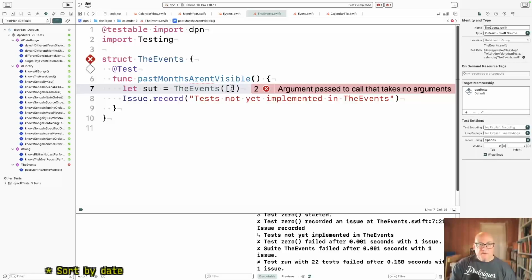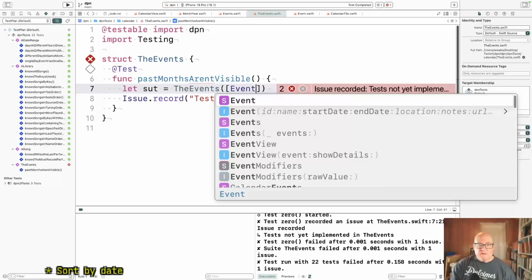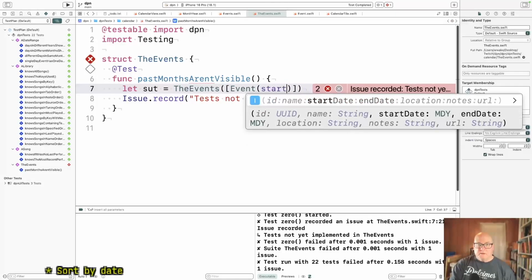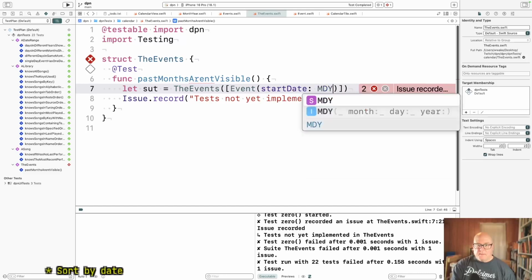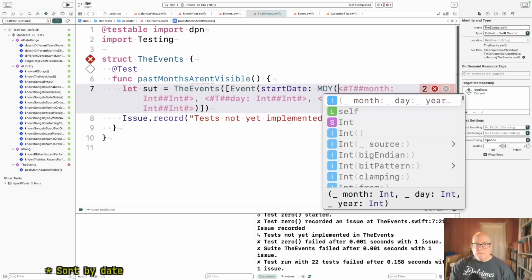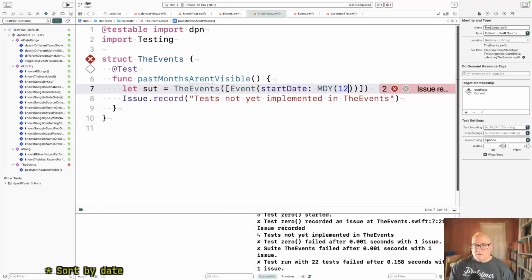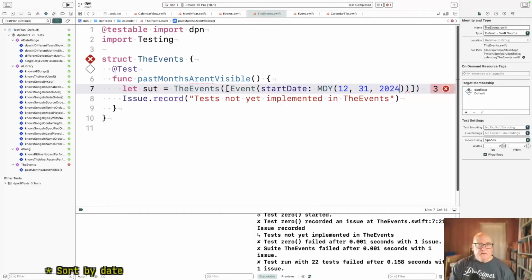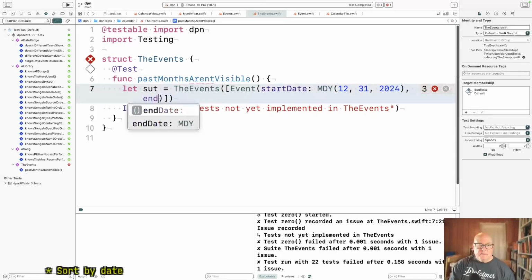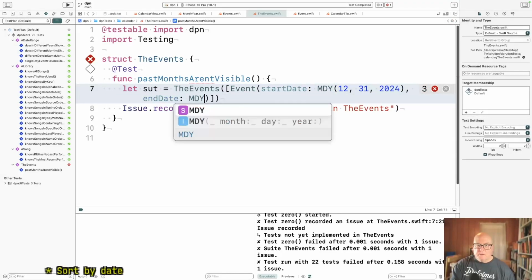Okay, so if I do an event with start date is 12/31/2024 and end date is the same,